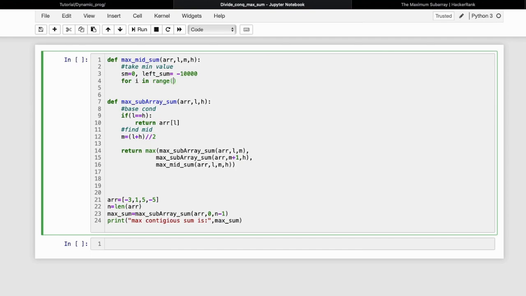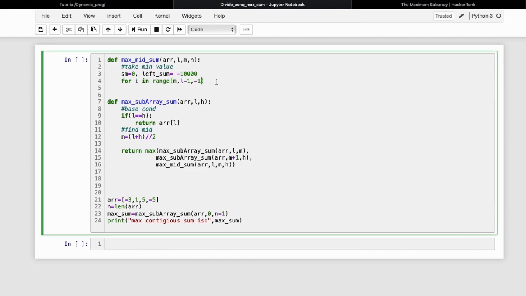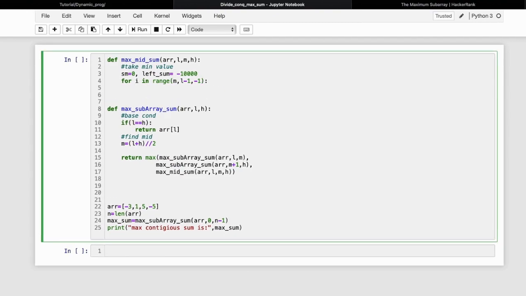For I in range, I will start from the middle and go up to L minus 1 with a decrement of 1. So I will start from here and go till the last value in decreasing order, and there I will be calculating the left sum.